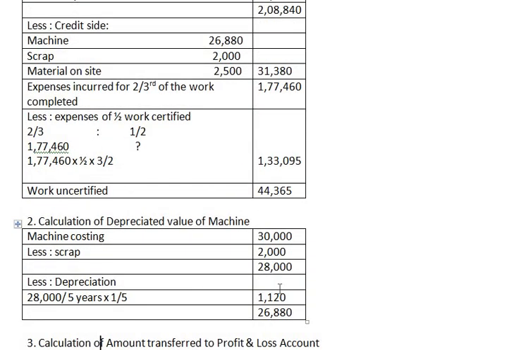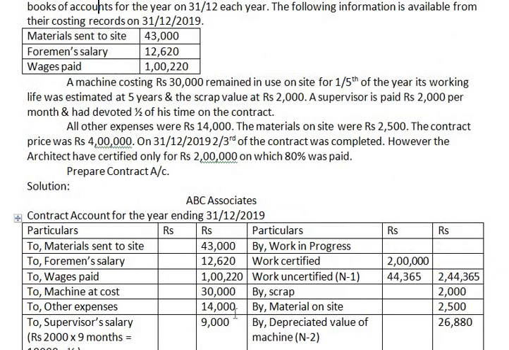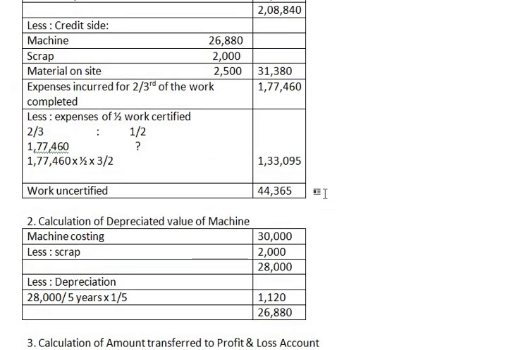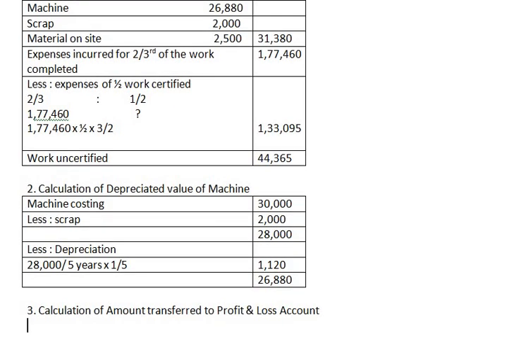Now find out how much work is completed. Now here 80% of cash received is being given, right? Check here. Of which 80% was paid. 80% was paid means 80% of the cash is received by the contractor. Okay. So here the formula, amount transferred to profit and loss account is equal to